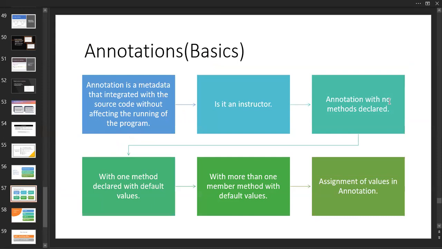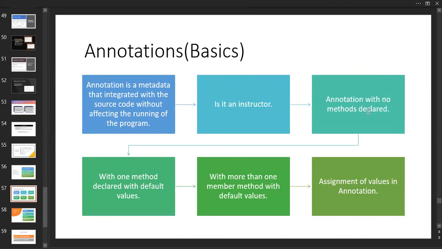So, annotation with no methods declared. How the annotations are going to work inside this, how long the annotations are going to be retained in your program. Based on that, we are going to use the annotations inside a programming language. Without methods, because the annotation is nothing but an interface, it declares a method.